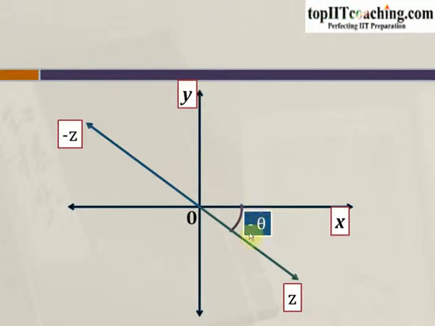Now we also know that this angle is equal to theta, and so this very angle, the angle formed by minus z with the real axis, would be equal to pi minus theta. Thus this angle is equal to pi minus theta, and this angle is equal to minus theta. Therefore pi minus theta minus minus theta would be equal to pi. Therefore we can say that argument of minus z minus argument of z is equal to pi. Even geometrically we can solve this problem.